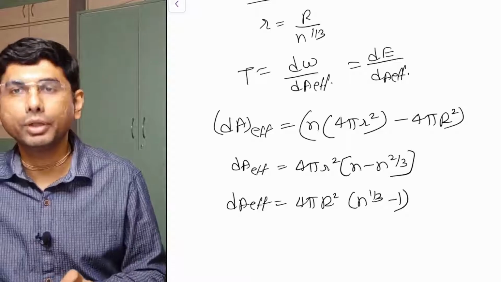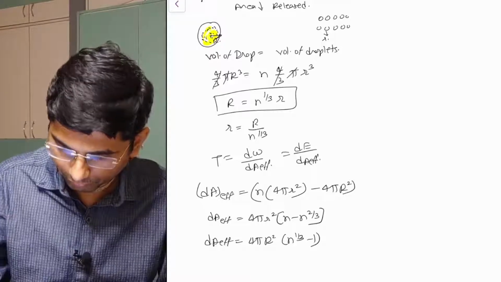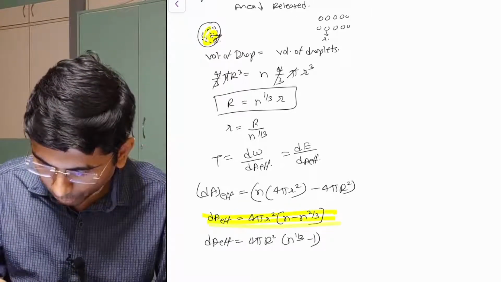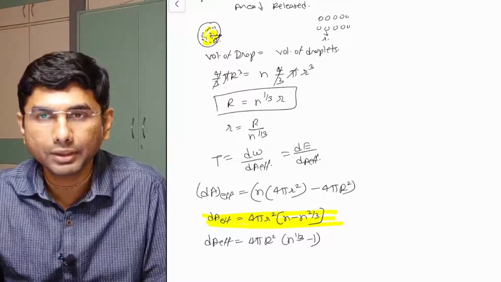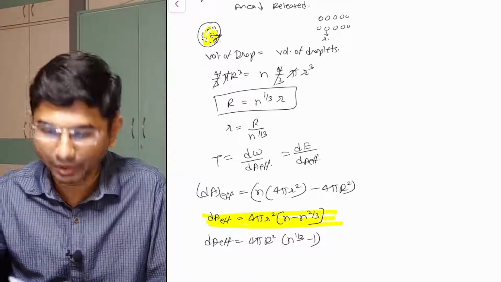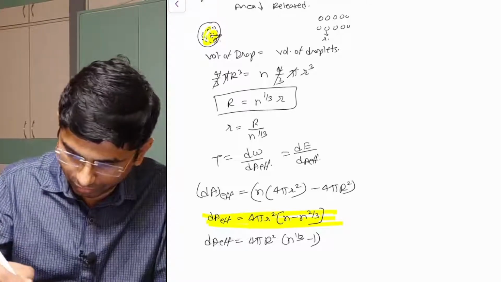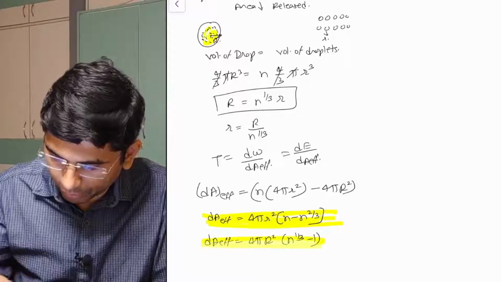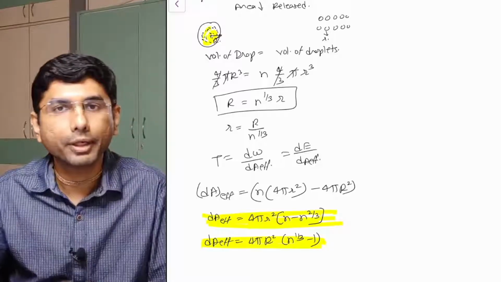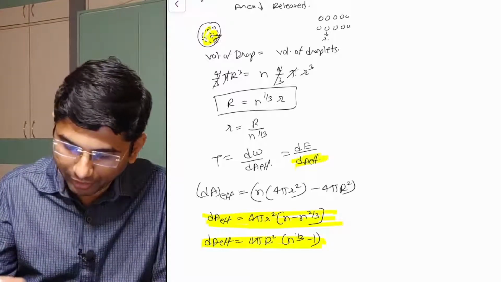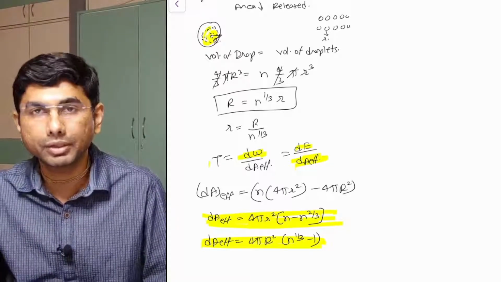This is the formula which I need to remember anytime the question is being asked. Now this will be useful. The first formula is written in terms of small r. If the radius of the droplets is already given, then the first formula will be applicable. If the area or the radius of the drop is given, then the next formula I need to use. In that way I can find out the change in effective area, and once the change in effective area is known to me, I can immediately find out the surface tension or work done or energy, whatever has been asked.